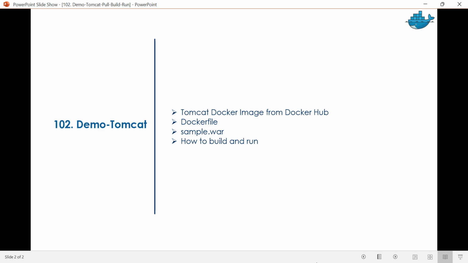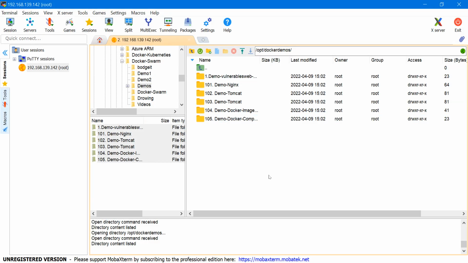So what I have done, because I'm using a Windows operating system, all these demo files I have transferred with the help of MobaXterm. MobaXterm is an open source and paid tool as well, but it will work for individual users in the open source edition. You can use any tools, like for SFTP purposes, for transferring